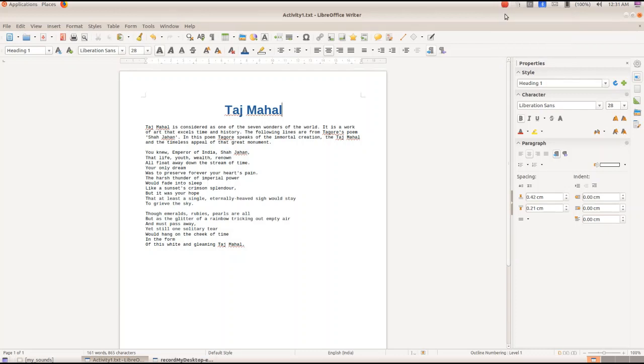Now we will see how you can give borders for this small introduction paragraph. And before that, we have some small space there, and using the option justified, we can adjust that space.